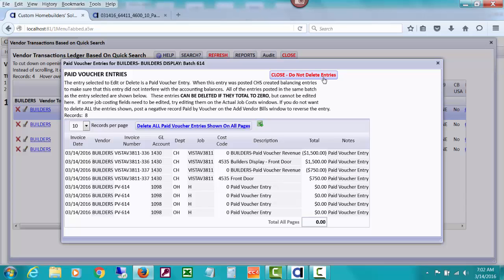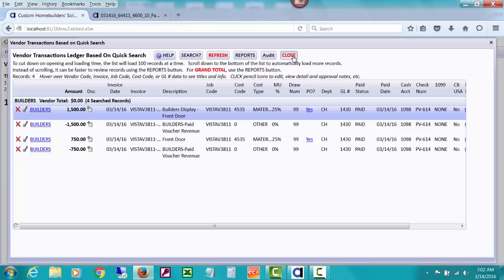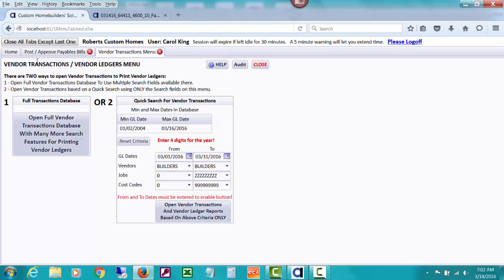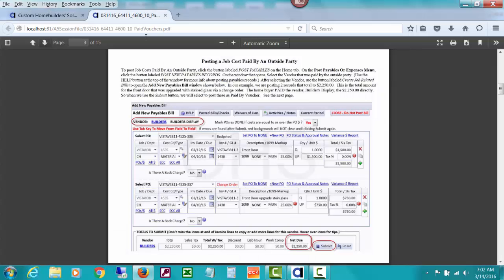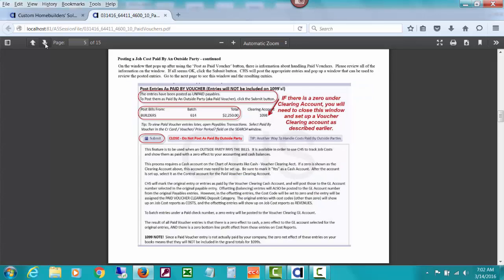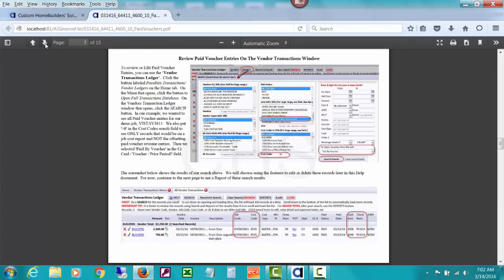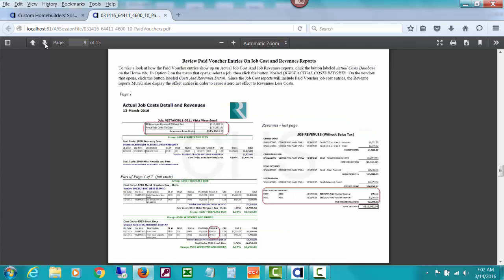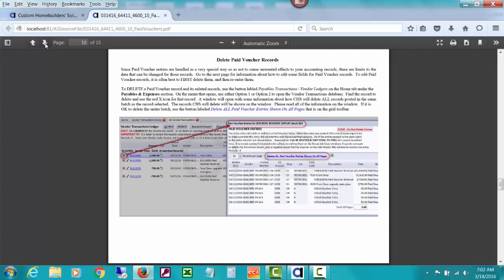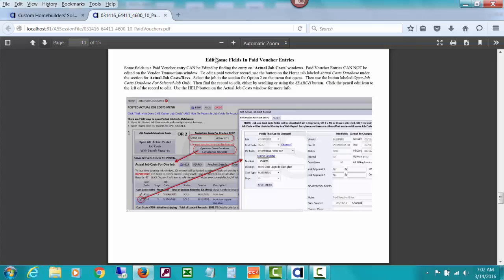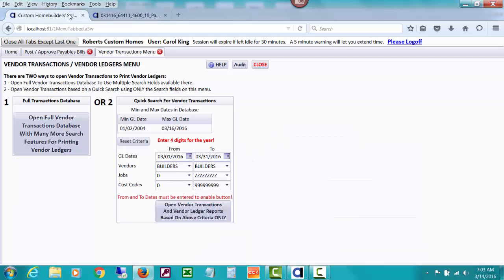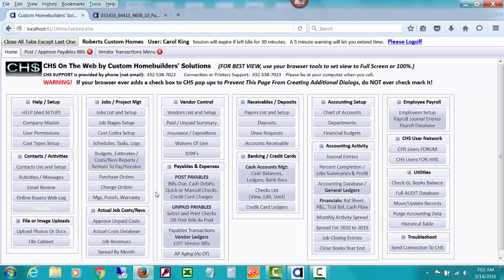I want to leave these here because I need to use them to show how you could edit some of them a little bit. So let's close this. And the place you can edit, it's in the help document. If you look at your help document, we've posted, we've reviewed the transactions, we reviewed them again, we did a report, we looked at them on job costs and revenues. We just talked about how you would delete them all. But here's a little bit of information about editing some fields on paid voucher entries. So where you can actually do that is, because they are job cost records,